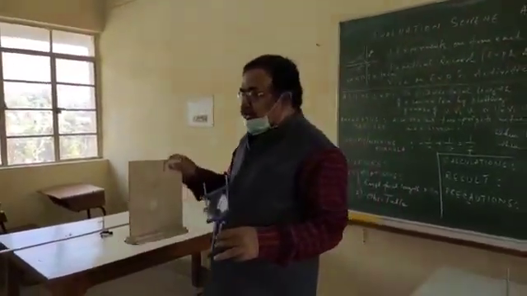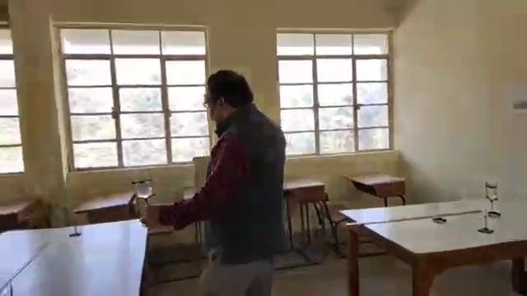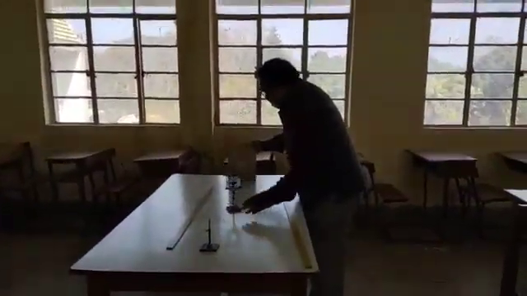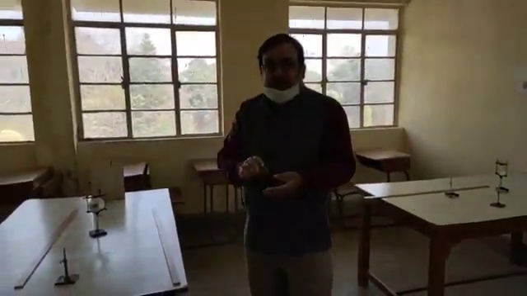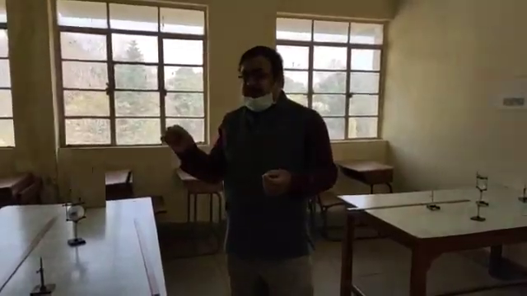And then we have to select, suppose I'm just planning for 10 readings, so 5 readings between 1.5f and 2f. So suppose your rough focal length is 20 cm, then between 30 cm and 40 cm,